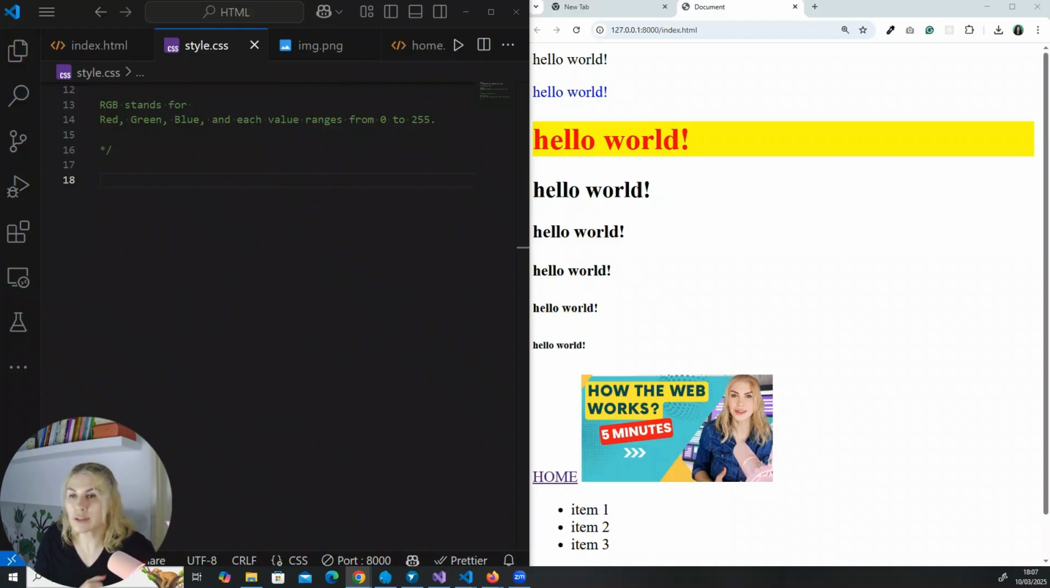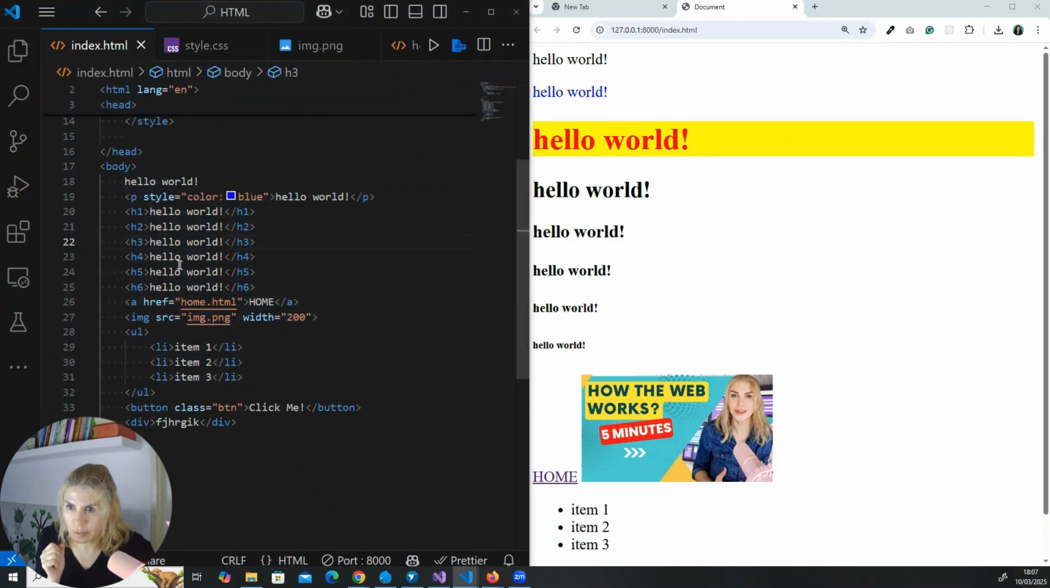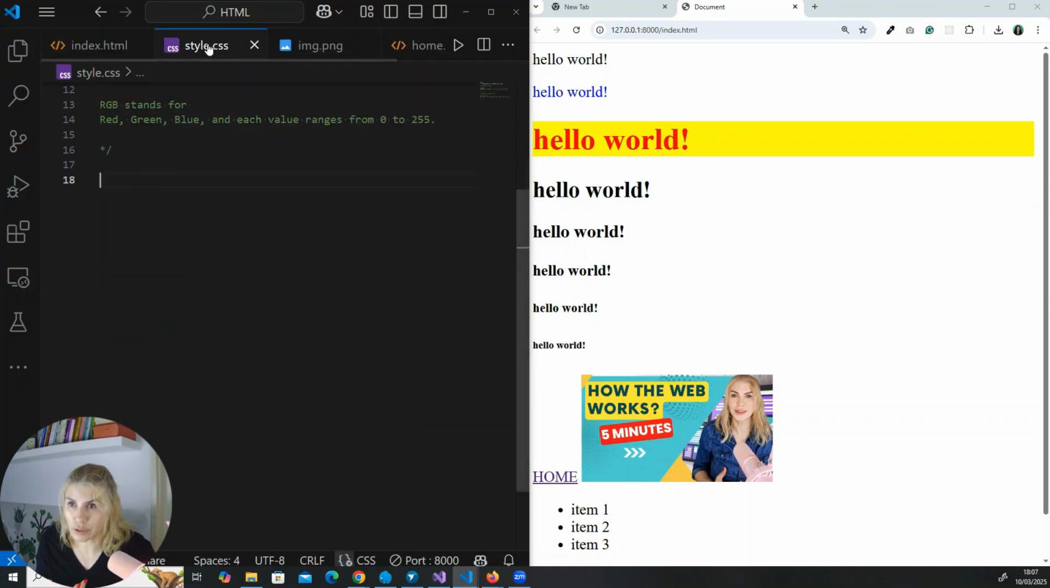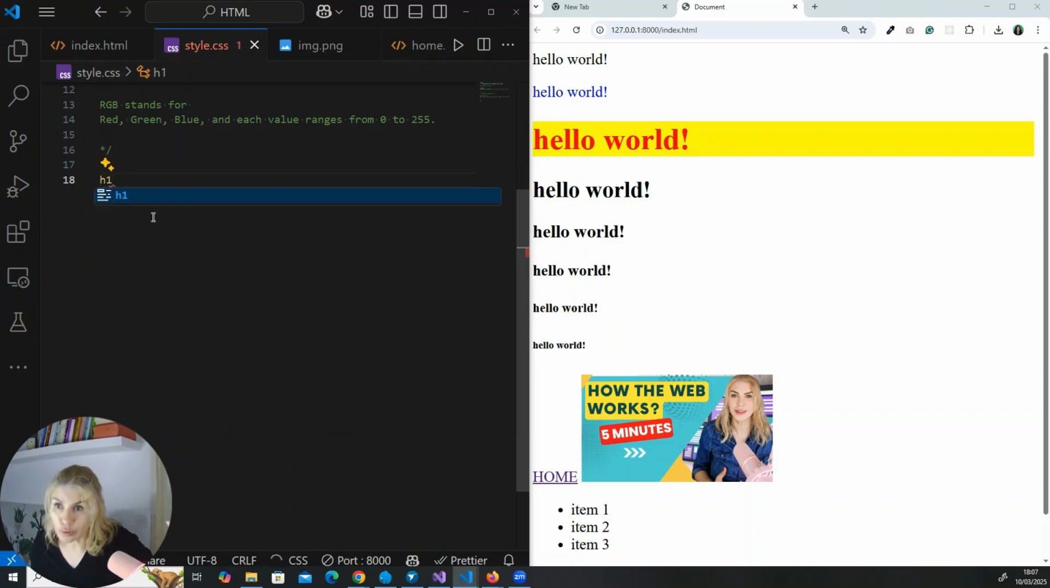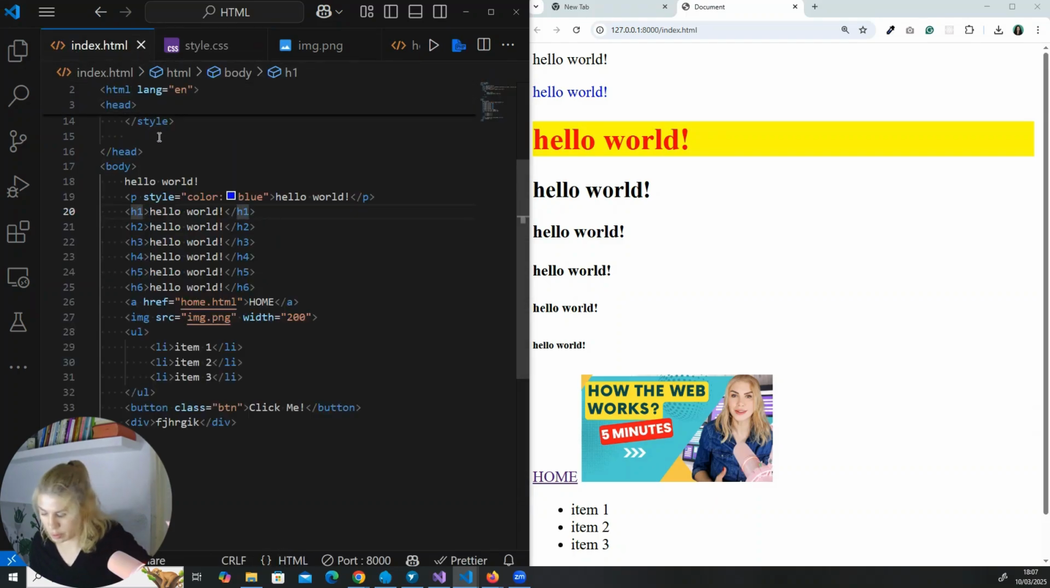Let's continue with the classes and IDs. What are classes and IDs? I want to style, for example, the H1. Instead of selecting it as H1, because I can just do that, I can come to the style.css and write it like so, but instead I can also give it a class attribute and assign a name like main title, or title, just let's call this title,